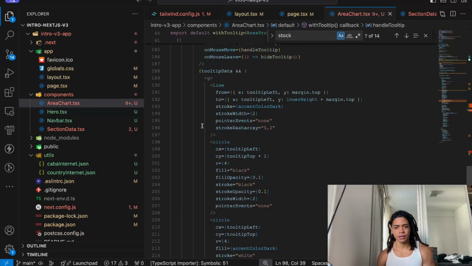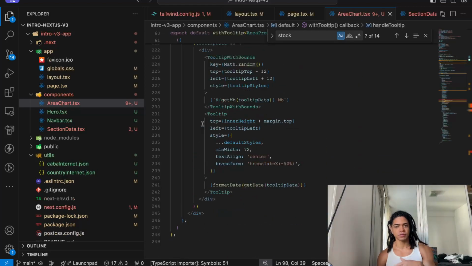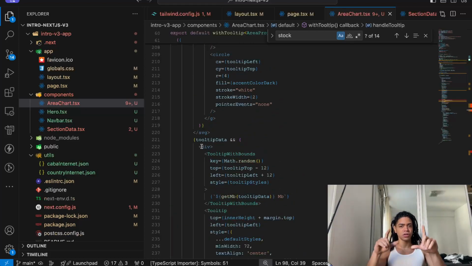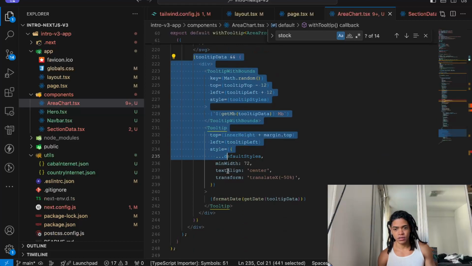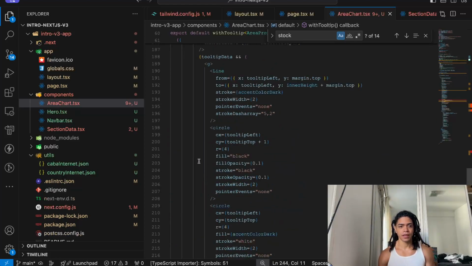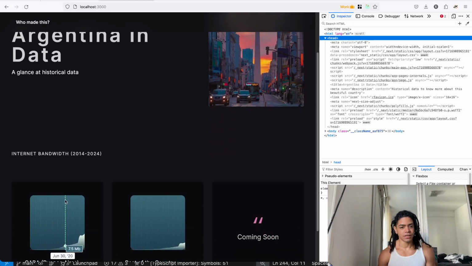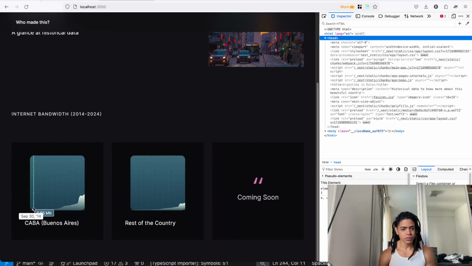And this is more specific about what is going to show here, because it's not only displaying the area chart, but also the tooltip, which is this logic here. And that's what actually shows on our screen, like this. So as we scroll down here, we can see it's pretty compelling, all of this.